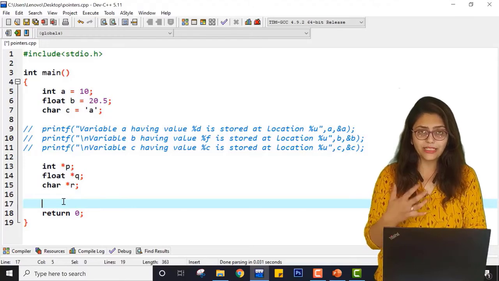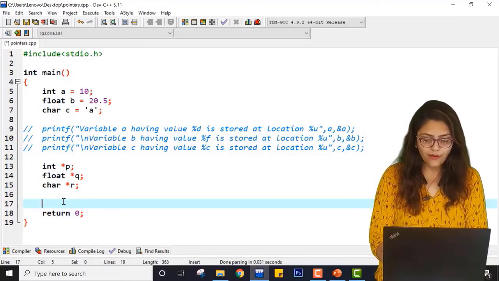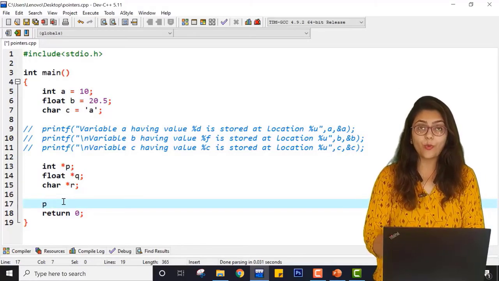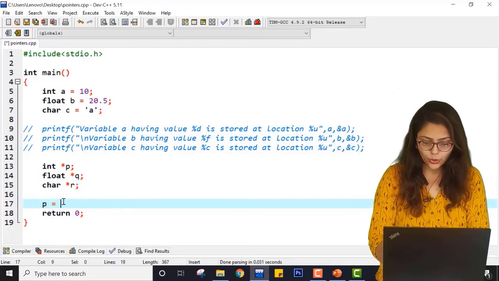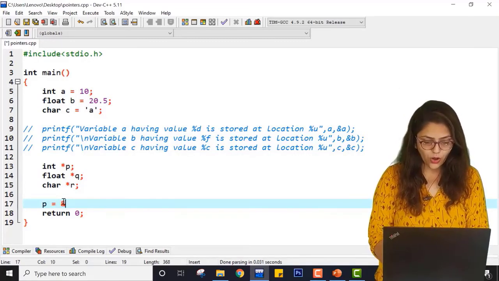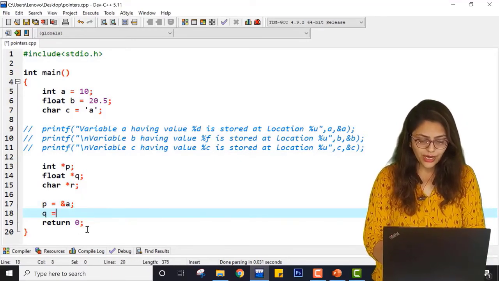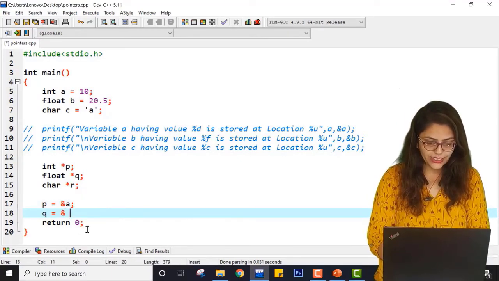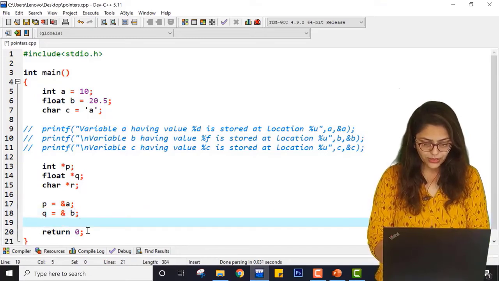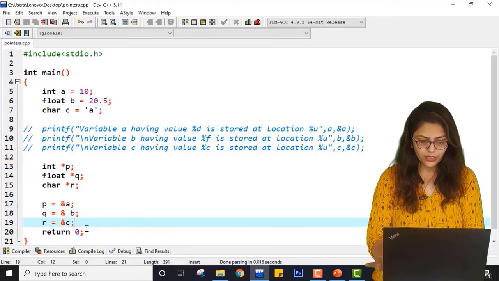Now how can I make them point to something? If I write p equal to &a, that means the value of p is the address of a, right? Now how can you write q? q equal to &b and r equal to &c, right?